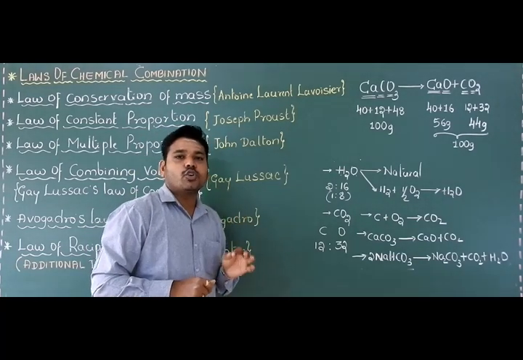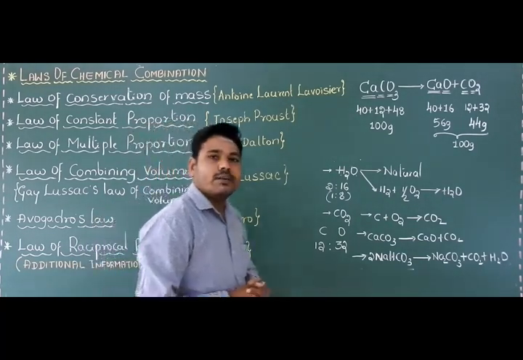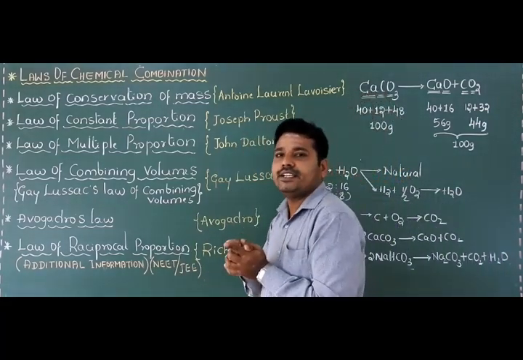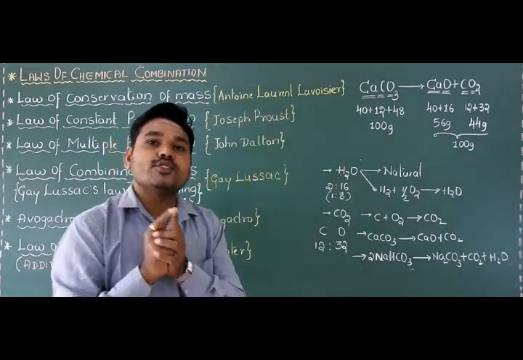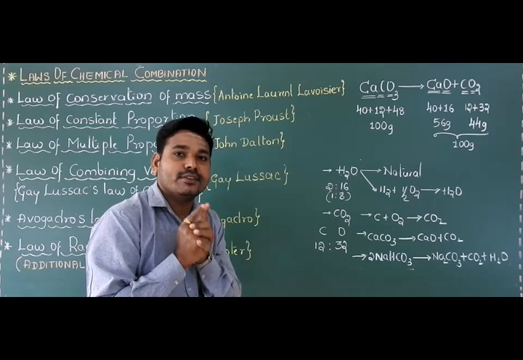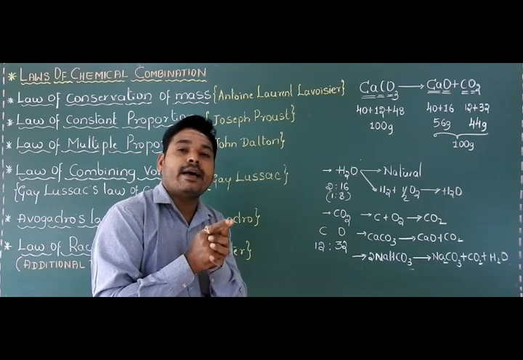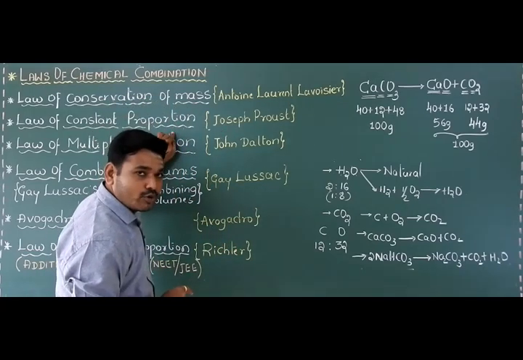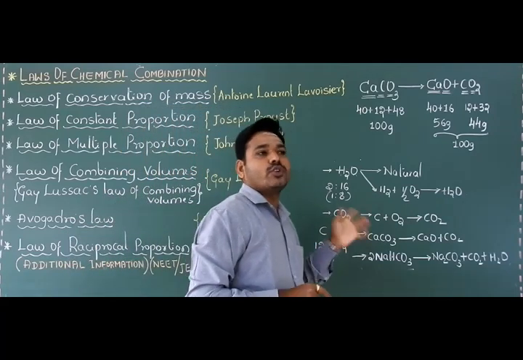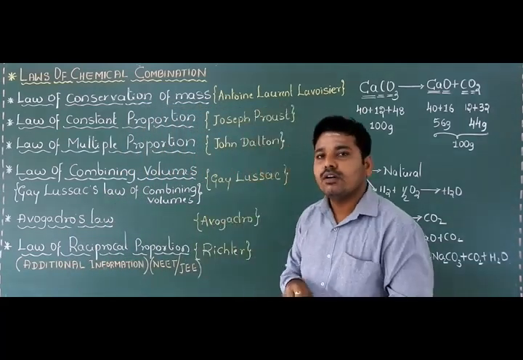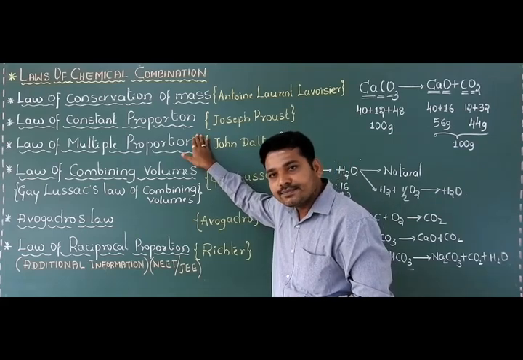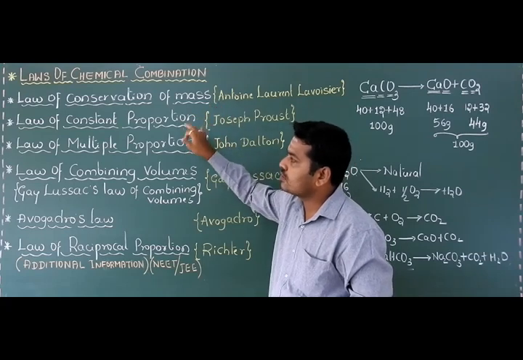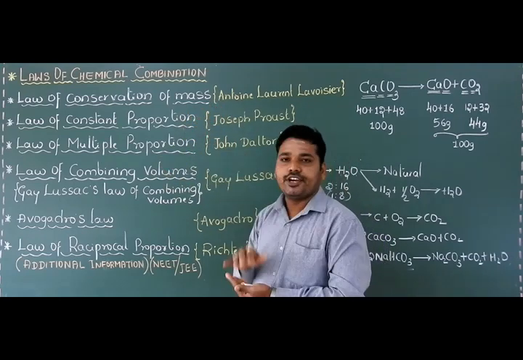And in this second law also, one of the important drawbacks of this second law of chemical combination is that this law is not applicable for the element which exists in different isotopic forms. Please remember this limitation, or drawback, also called the demerit of the law of constant proportion or law of definite proportion. Students, is there any doubt in this law? This law is clear, students. The first one is the law of conservation of mass, and the second one is the law of constant proportion or the law of definite proportion.